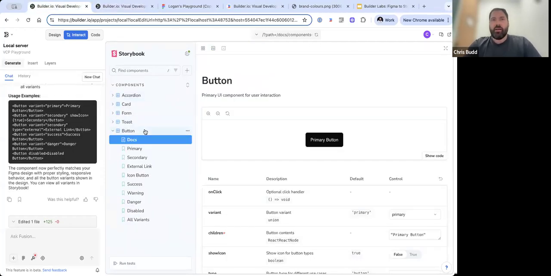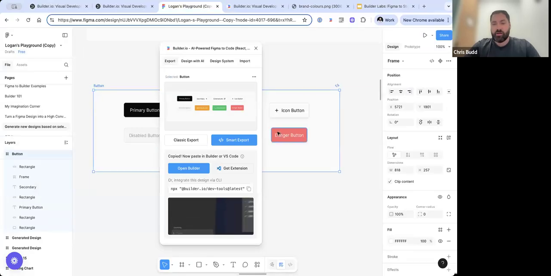Yes, basically, it's built to act as one of your developers. If there's example code or any other code in your repository, it's going to use that as inspiration. If it picks up the fact that you're using Tailwind, it's going to use Tailwind. If you're using a different design system or CSS framework, it's going to realize that and use that going forward. It's not going to go off track and use JSX or inline CSS if you're using some sort of class-based system. Again, when exporting from Figma, it will pick up those variables as well and use those